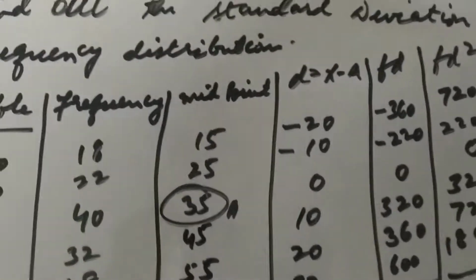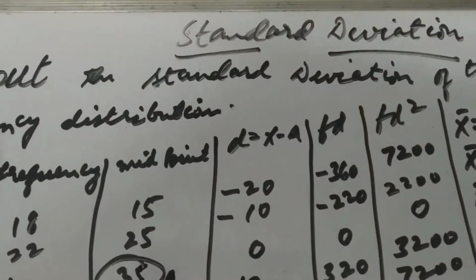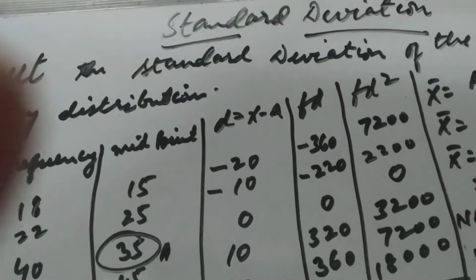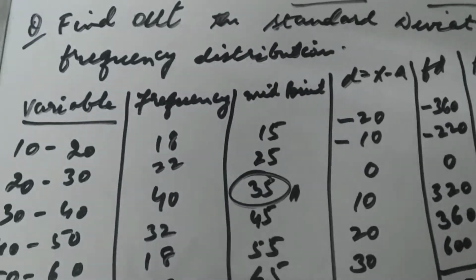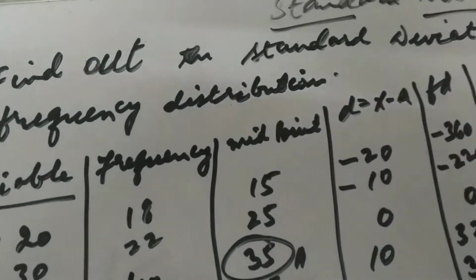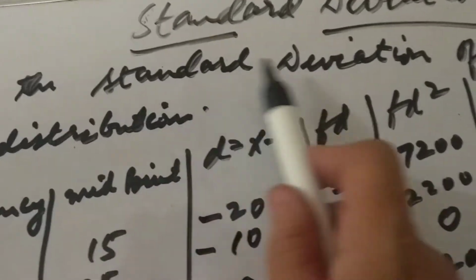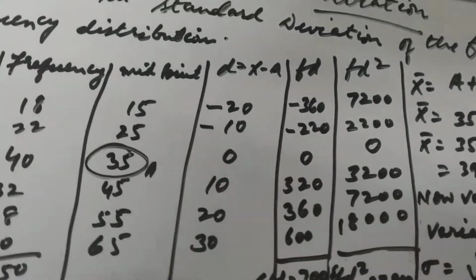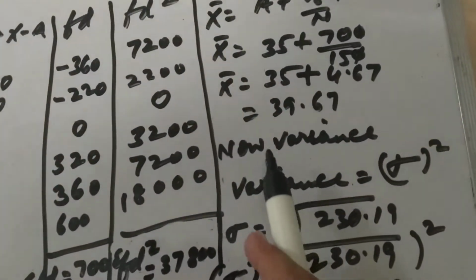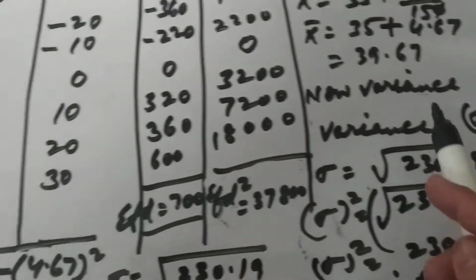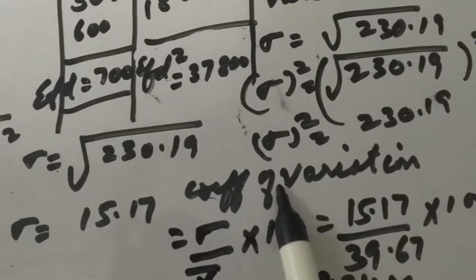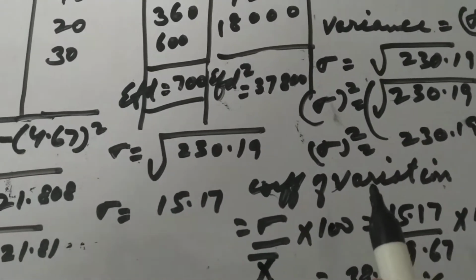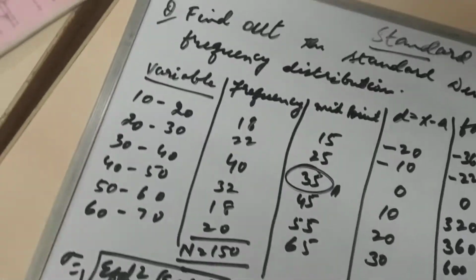So, today we shall be learning about, after mean deviation, what is called standard deviation. In this particular question, you will be calculating the standard deviation. You will come to know how to calculate a standard deviation, and also how to calculate variance, right? And then you will be learning how to calculate the coefficient of variation, and you will also learn how to calculate the coefficient of standard deviation. So let us begin with it.